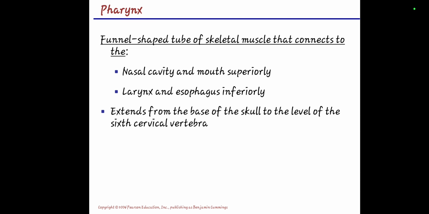Okay, so that is the pharynx. So why does it extend from the base of the skull to the level of the 6th cervical vertebra? The answer is in its function. The pharynx is a muscular tube in the middle of your neck. As you can see, it extends up to your skull and down to your cervical vertebrae. When we say cervix, this is your neck. So it helps you to breathe and digest food.